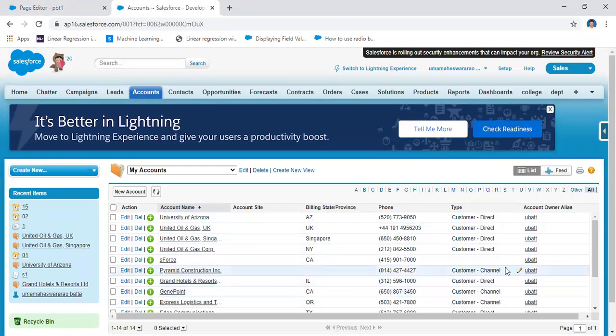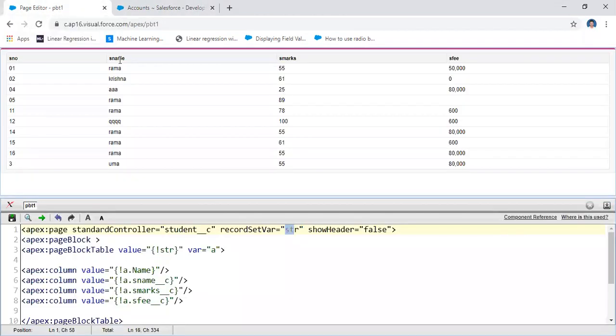Why? Because I should work on these three. That's why I need only these three. How can you get these three? Because it is an object. The object account is one of the standard objects. That's why there's no need to write this one. Here I am writing the standard object, account. Here account is a standard object, and then record set value. I'm taking the same record set value. Otherwise you may use ACC, that is assumed.